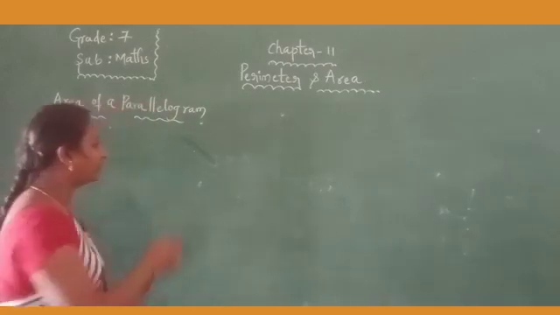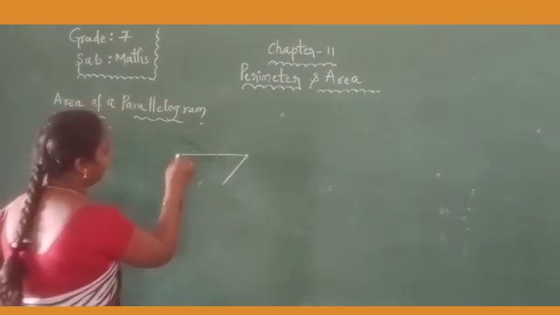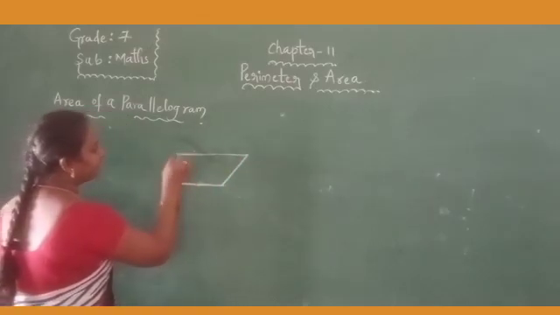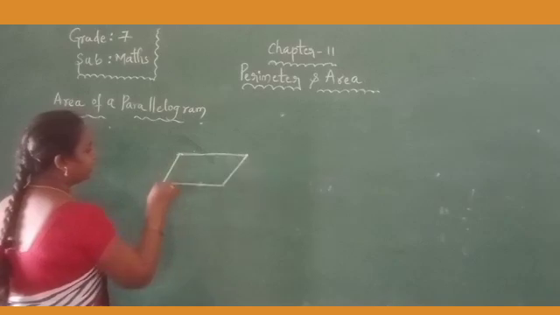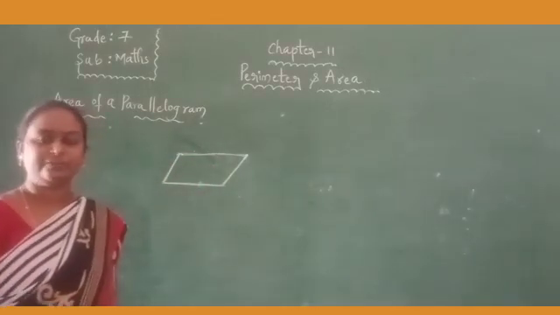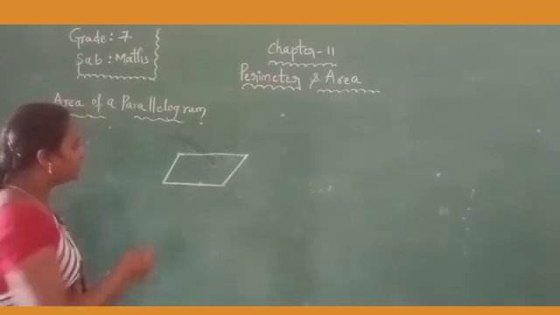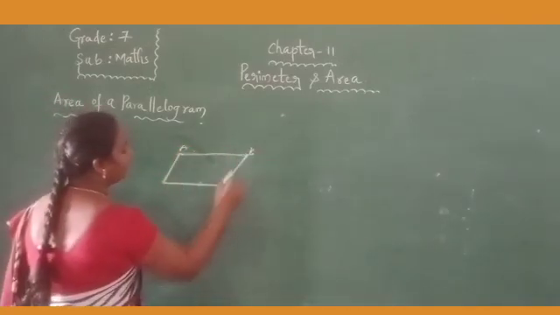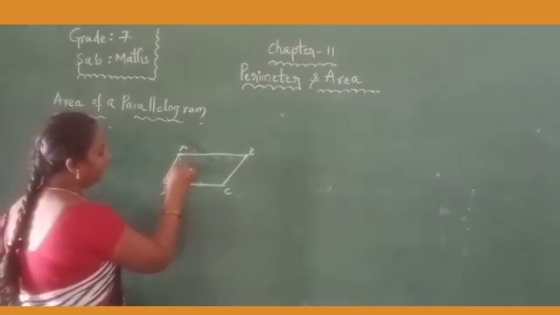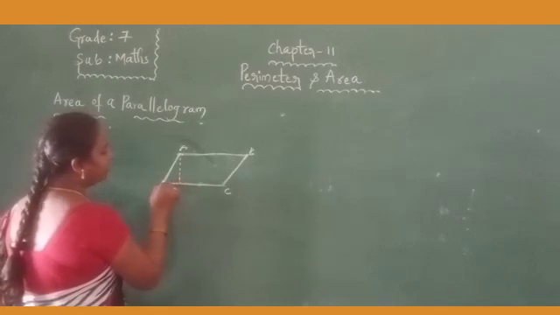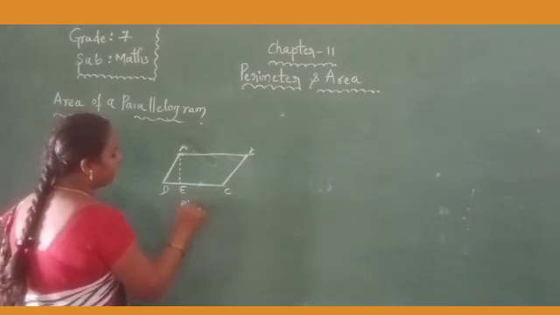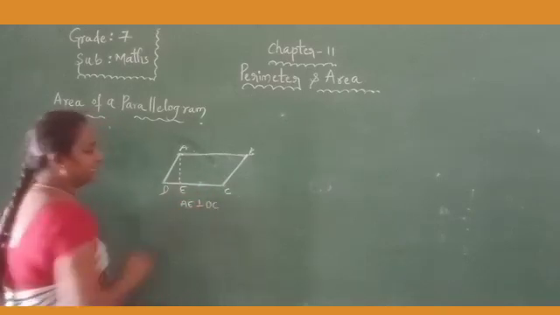First you have to know the shape of a parallelogram. It is the shape of a parallelogram. The pair of opposite sides are parallel. These are parallel. Right. So, what is the area of a parallelogram? Here, the name of the parallelogram is ABCD. From vertex A, draw a perpendicular line to the opposite side, that is DC. So this AE is perpendicular to DC.